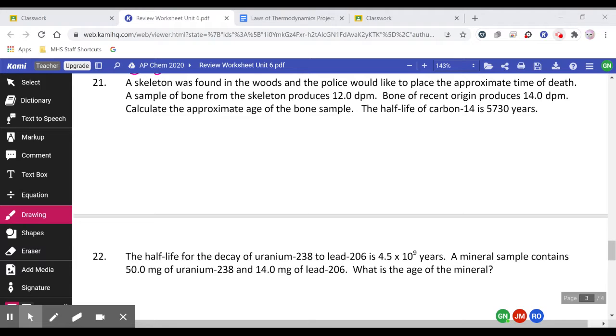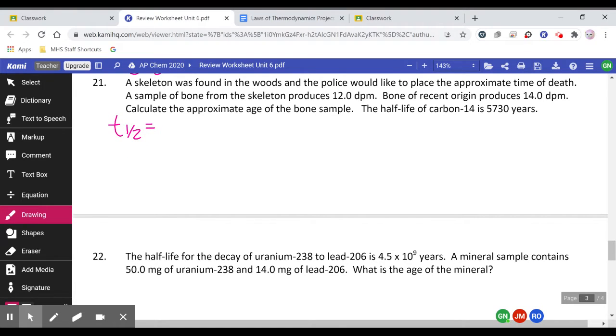On 21, we see a skeleton has been found in the woods. Oh my gosh. And the police would like to place the approximate time of death. A sample of bone from the skeleton produces 12.0 disintegrations per minute, bone of recent origin produces 14.0 disintegrations per minute. Calculate the age of the bone sample, and then they tell us the half-life of carbon. So we know our half-life